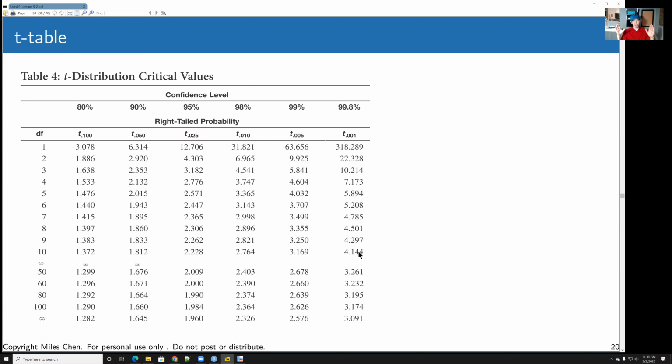And again, on the other hand, if you want a narrower confidence interval, an interval that's smaller in size, which is generally more useful, the trade-off is you have to give up some confidence. You're going to be less confident in your response. So instead of 95%, you can be only 90% or 80% confident, and you can end up having a more narrow confidence interval. All right, and so this is all reflected in the t-table,